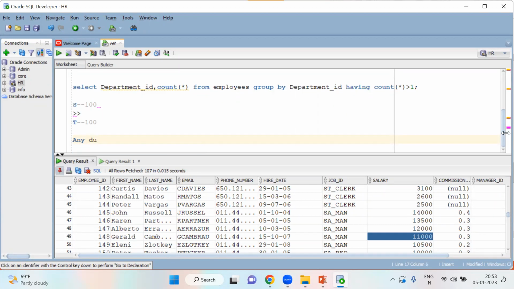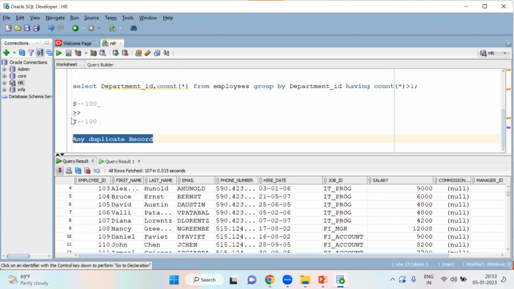Duplicate, what is the spelling? Duplicate records should not be loaded. Any duplicate record, we have to find it. So how will we find it? We have to find it in a particular target table,